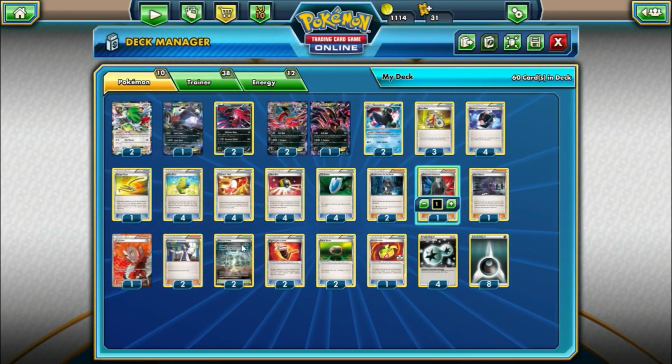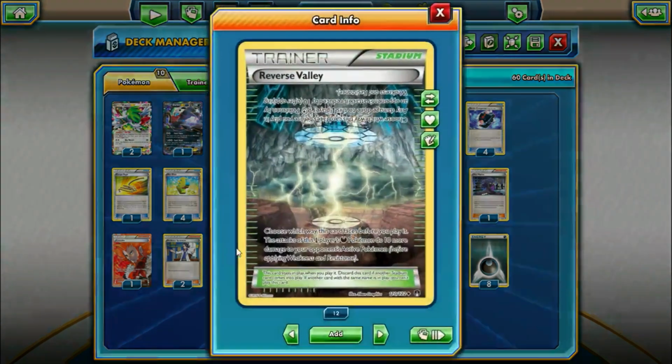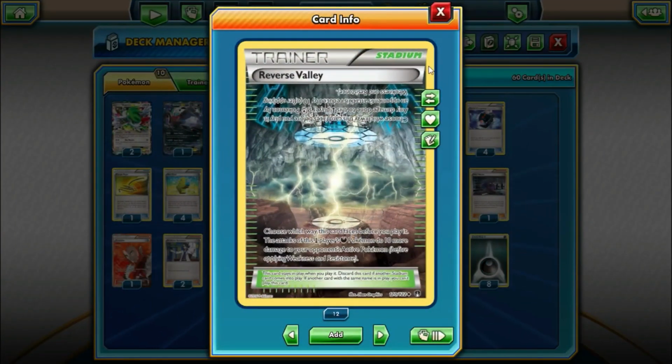And for the Stadium card, again, kind of a card no one's really been talking about too much, but I think it has a good place in this deck. And that's Reverse Valley. Again, another one of these weird dual effect cards. We're pretty much just playing it for the bottom effect. So, if this side of the card's facing you, your Dark Pokemon do 10 more damage to your opponent's